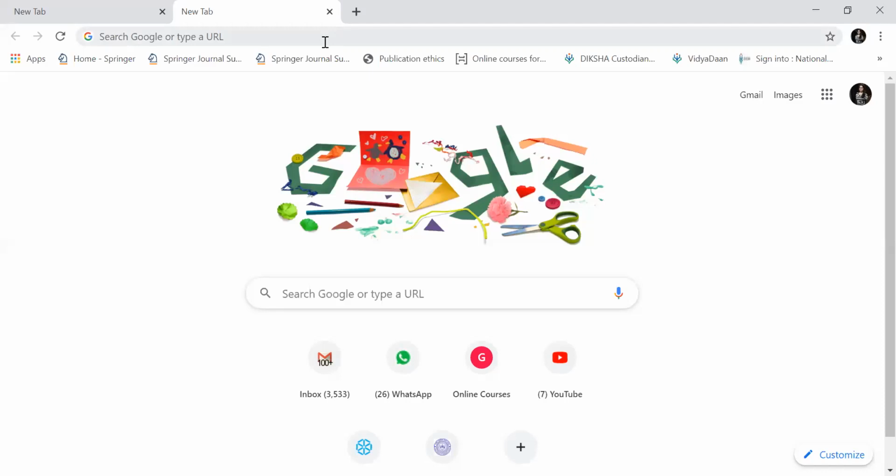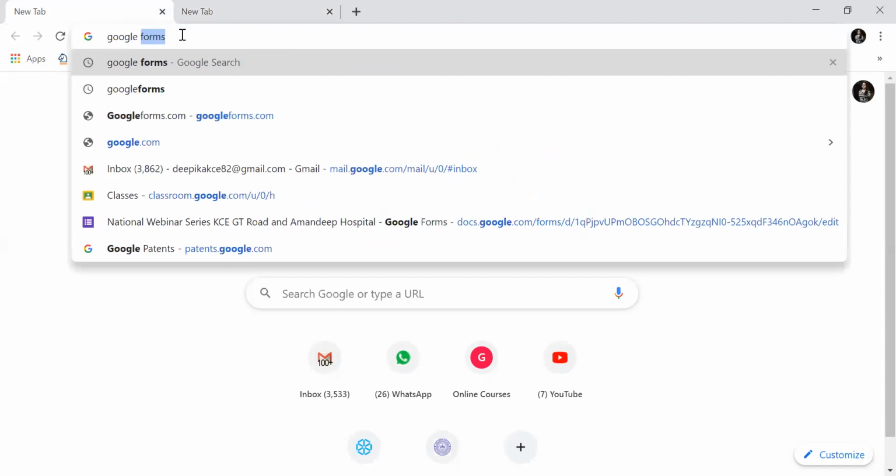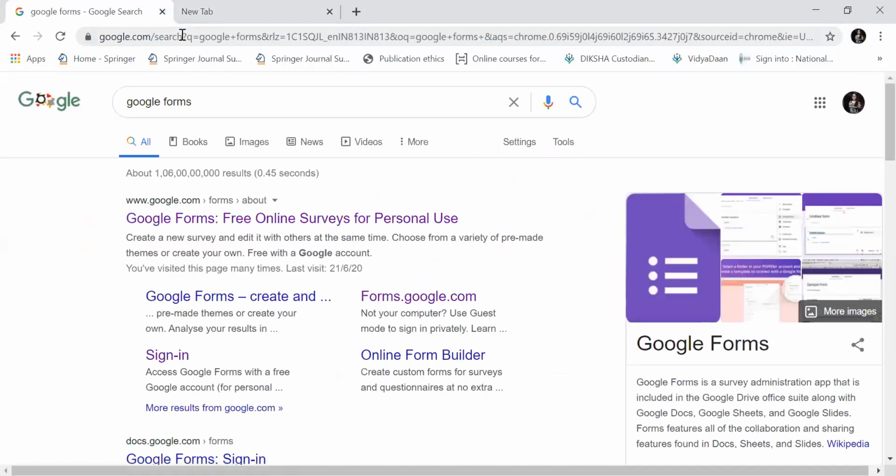Today we are going to discuss how to create a quiz through Google Form. Many teachers have requested me to make a tutorial on how we can create online assessments for our students, so I decided to take up this topic. I will make it very short so that it will be helpful for all the teachers who are struggling to prepare online tests. Now, what is the purpose of Google Form?